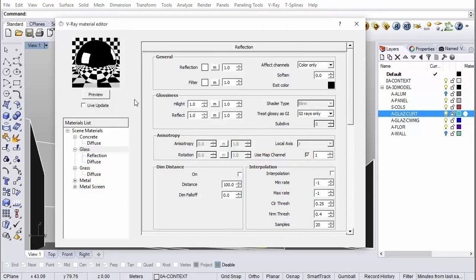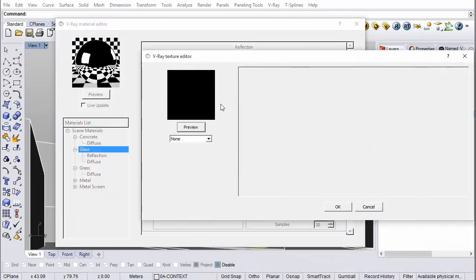However, the reason that a map was set is because real materials don't reflect the same at all angles. In reality, the surfaces that are facing away from or at an angle to the viewer are going to reflect more than the surfaces that are almost perpendicular to the viewer, like at the center of the sphere. And so to account for this, you have a Fresnel function. So it's a mathematical function that's going to account for that and make it much more realistic. And whenever you add a reflection, it's going to be automatically set to Fresnel.